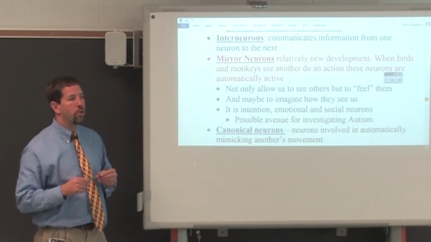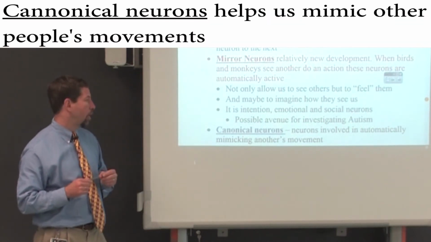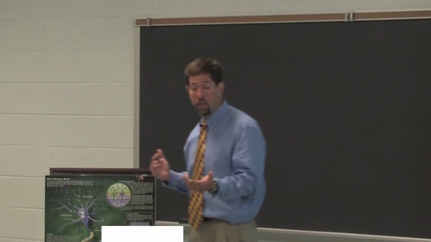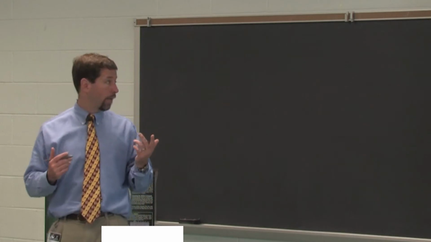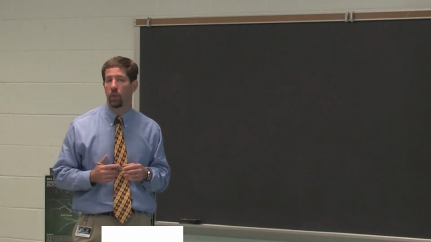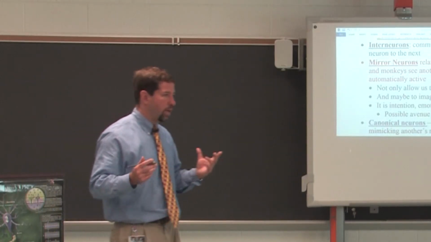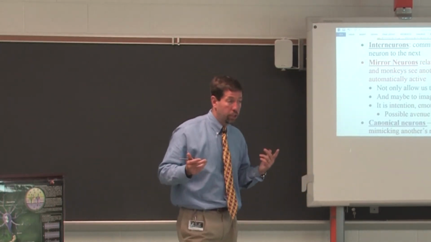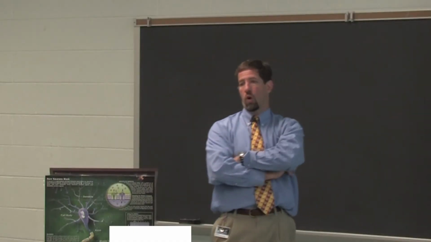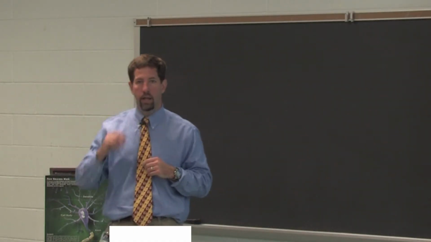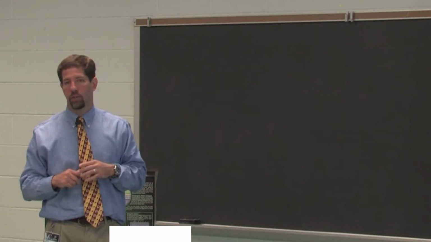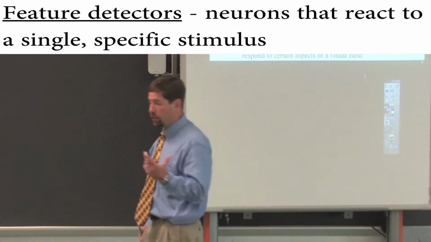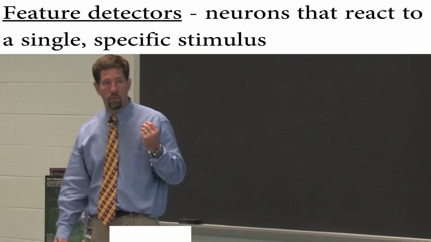Really similar to mirror neurons are what are called canonical neurons. Neurons involved in actively mimicking someone else's body language. We do it unconsciously. We don't think about it. When you're sitting at lunch, in the cafeteria, or just watching someone at the bus stop, watch two people talking, because they're going to share the same body expression. Arms crossed, scratching their head. People unconsciously do this.